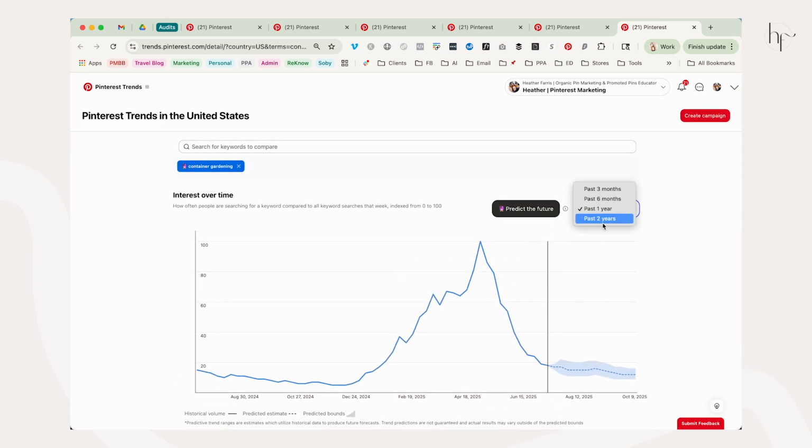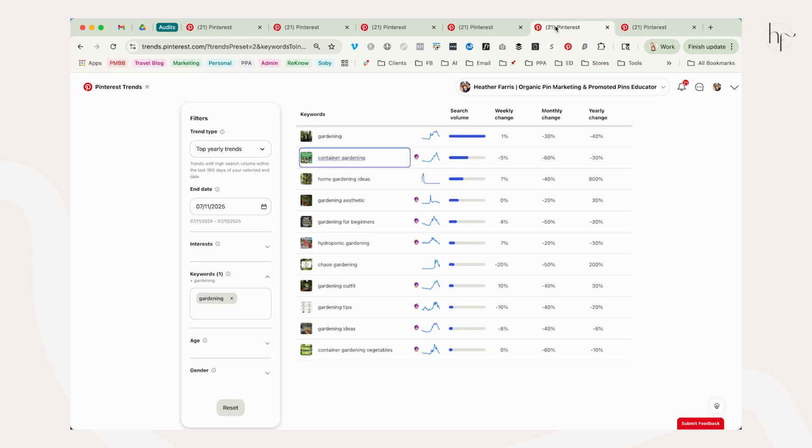Obviously, you can also look at this on a wider range. If you're in this tool over here, you can also look through these filters. I always default to top yearly personally, because I want to see over the year what these are doing. I don't necessarily want to see what they're doing just in the last 90 days. But if you want to look through all of these other filters, you can also do that.